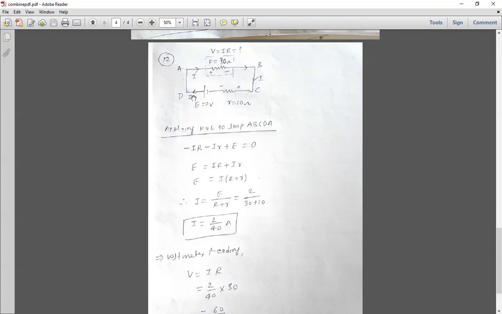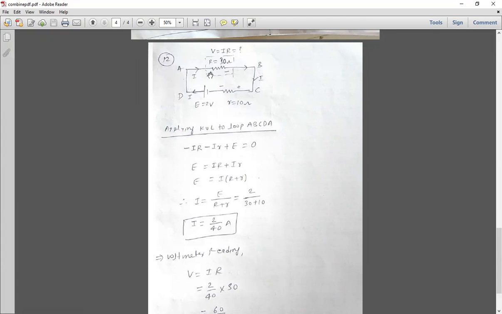Name the loop ABCD. Most of the time students in exams write the loop name as ABCD. Don't forget, the loop starts from a point and ends on that same point, so the name will be ABCDA. Or ADCBA, or you can also start from DCBAD, or CDABC. You can start from any point and go clockwise or anti-clockwise. There are a total of 8 ways to write down this loop name. So no need to learn it by heart; always start from A, or you can start from anywhere. Okay, so now I have written the name ABCDA.